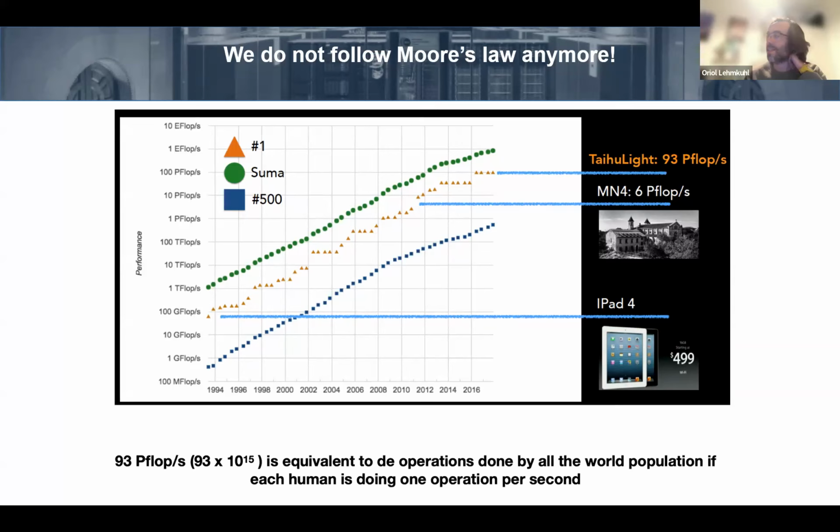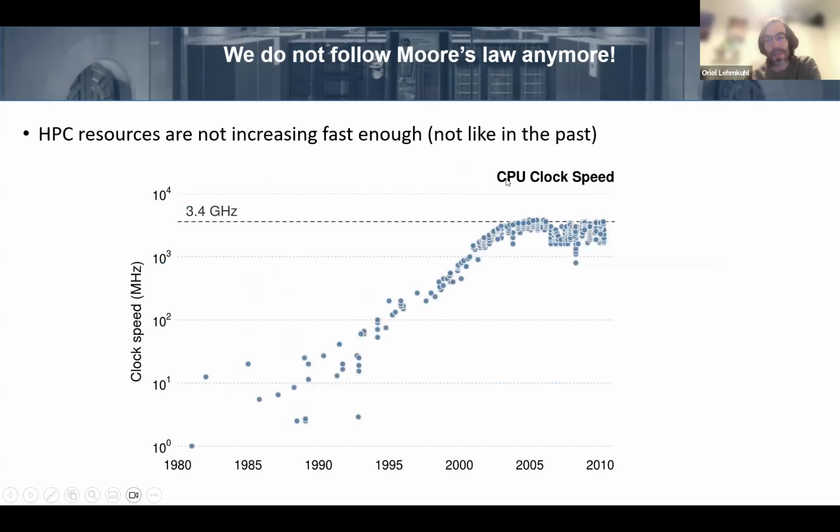Another number that I like to say is that a graphics card that a teenager may have right now in his computer to play video games is as powerful as the first MareNostrum, no? So we are always growing, but now the growth is stalling. And it's stalling because of the clocks of the CPUs, right? You will understand where I go at one moment. And this stalling comes from when I was beginning the PhD actually, and it has been stalling quite a lot,